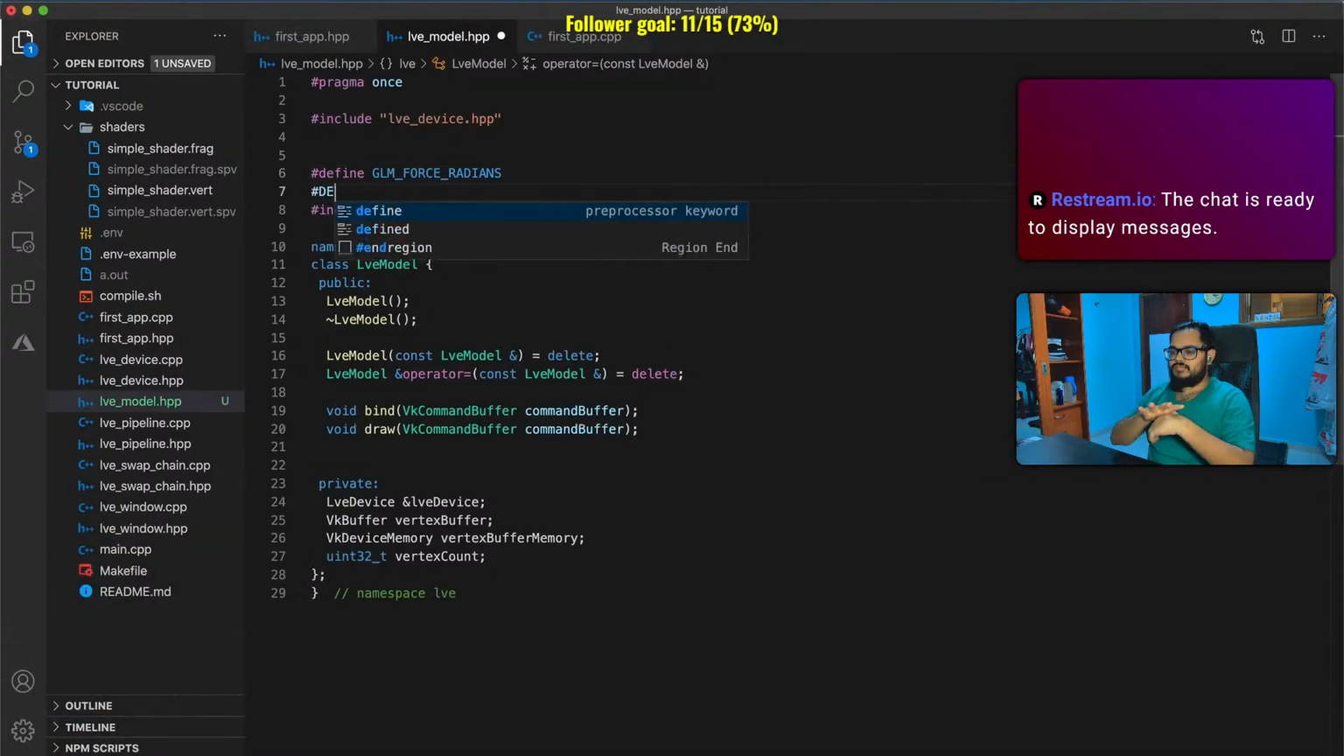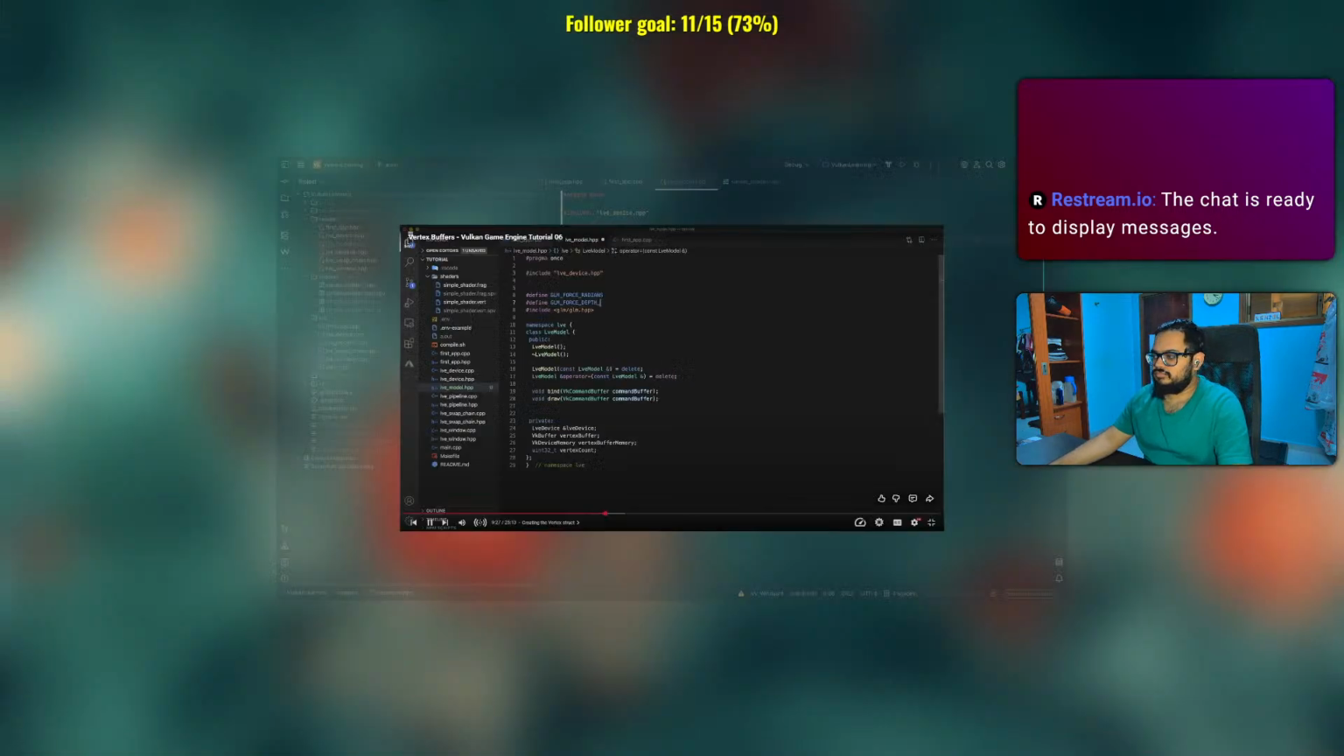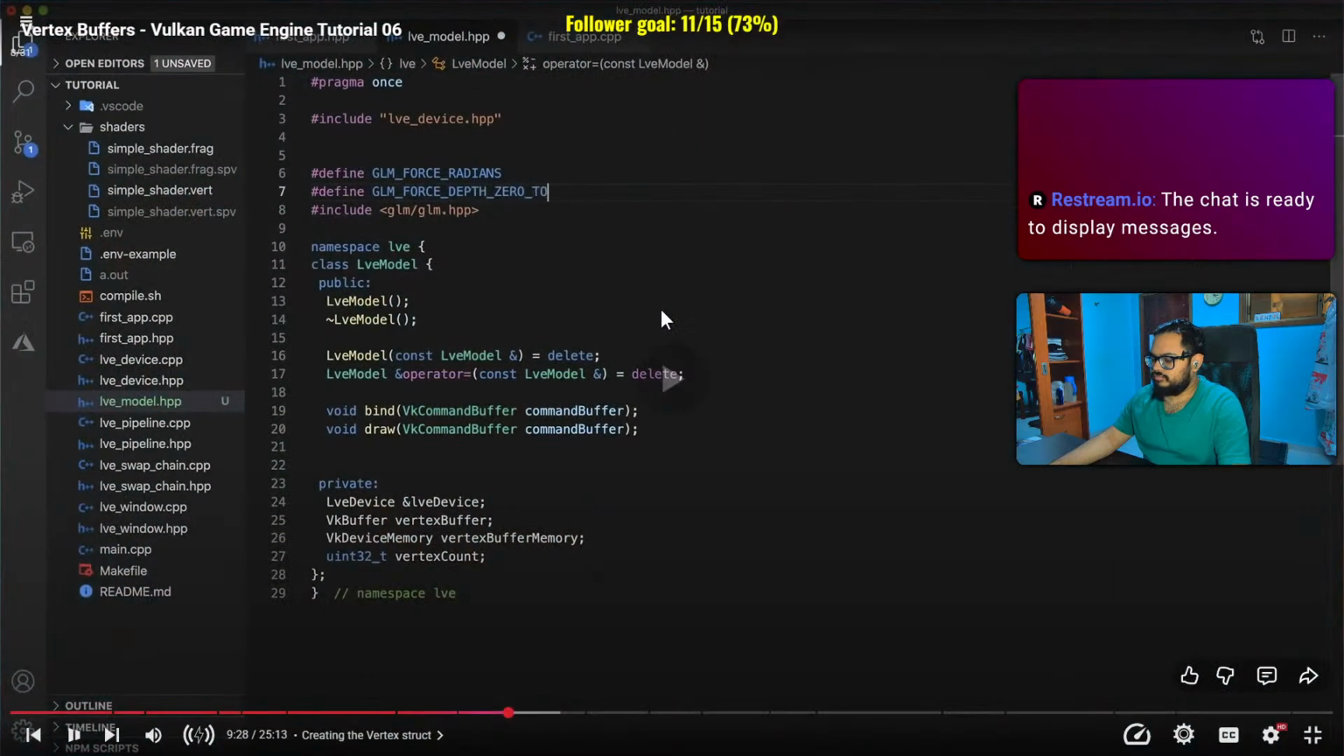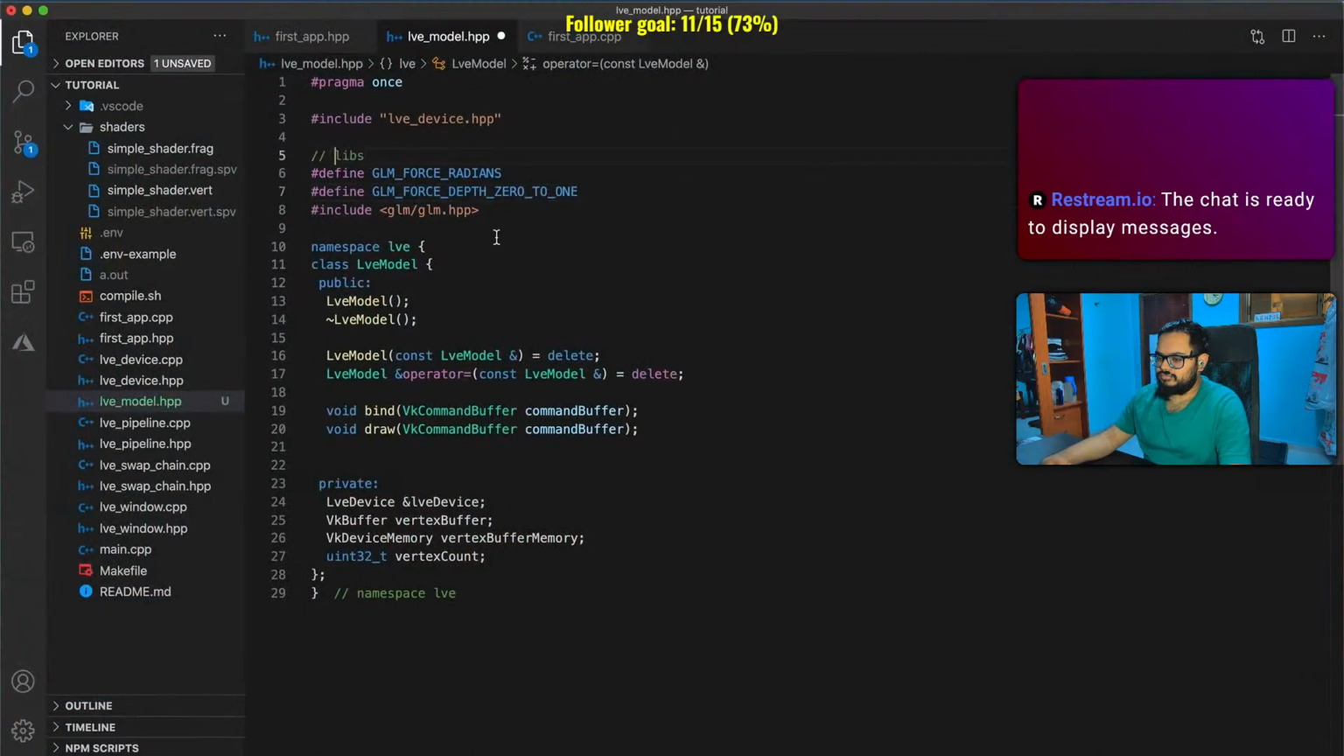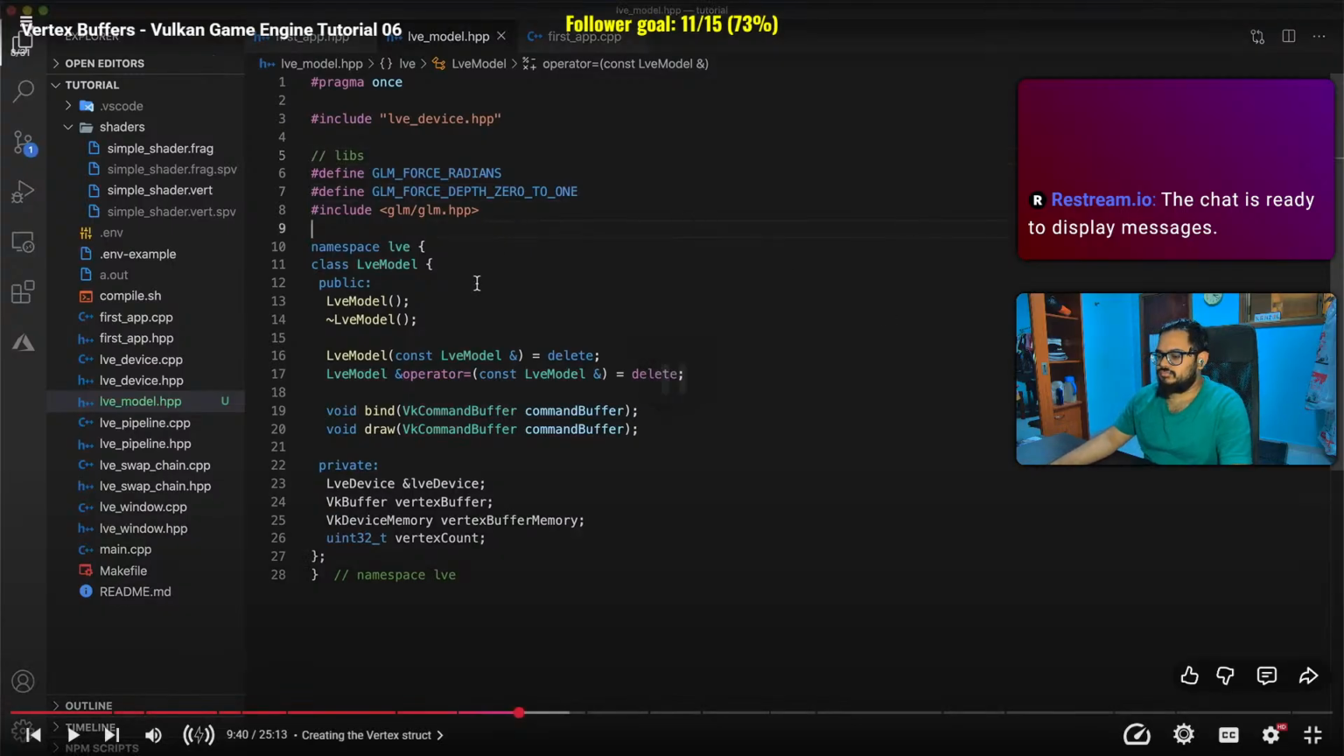Additionally, add a define GLM force depth 0 to 1. This will affect some GLM functions we will eventually use. This tells GLM to expect our depth buffer values to range from 0 to 1, as opposed to negative 1 to 1, which is, if I'm remembering correctly, what OpenGL uses. So now,